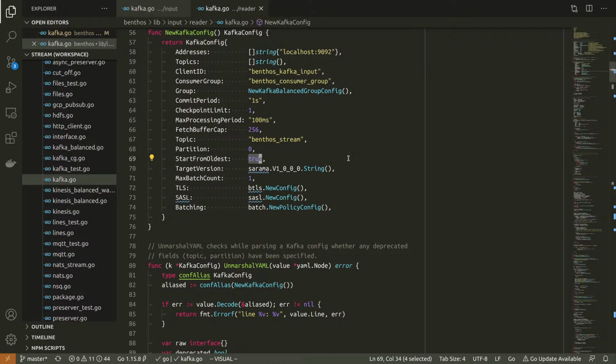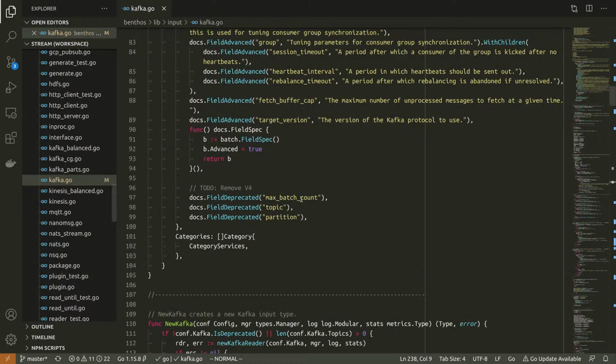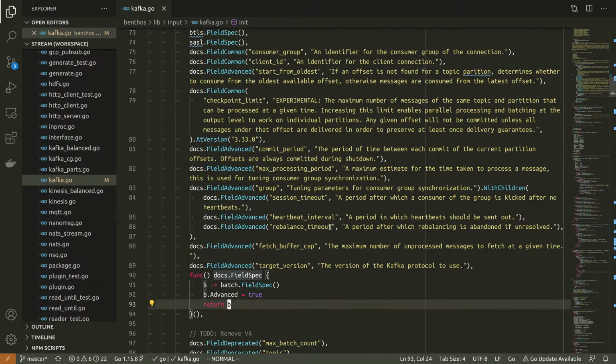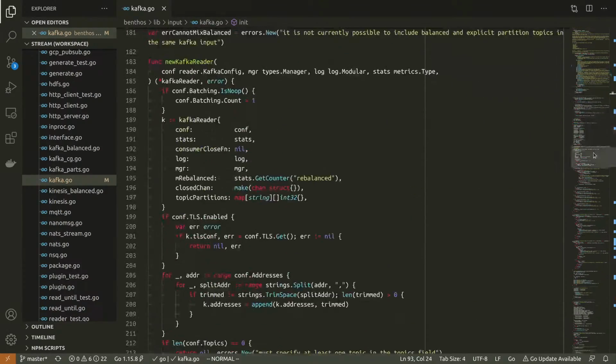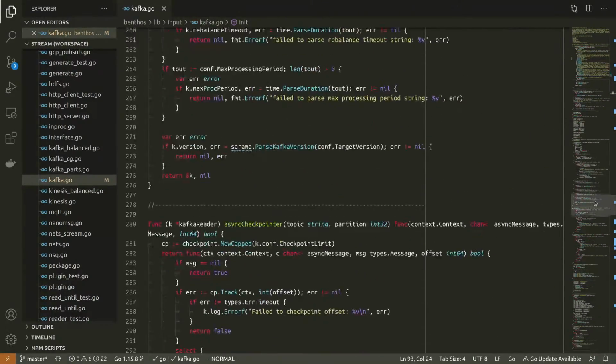Start from oldest is set to true by default, so yeah, we could have a world in the future where you have a consumer group that's not set by default, and then if you accidentally don't specify one, worst case scenario is you just get a flood of duplicates. But anyway, not something I have to solve today, because we have to have a default consumer group today regardless.